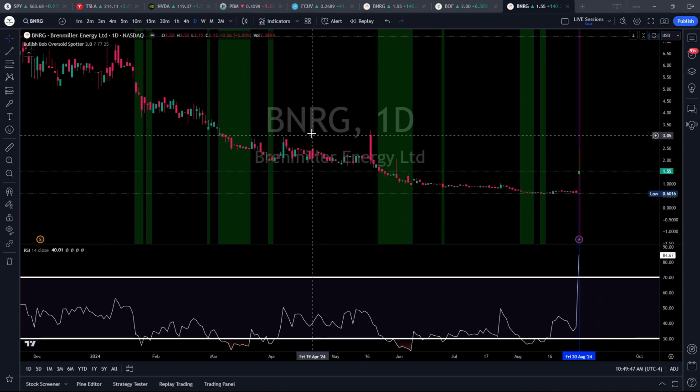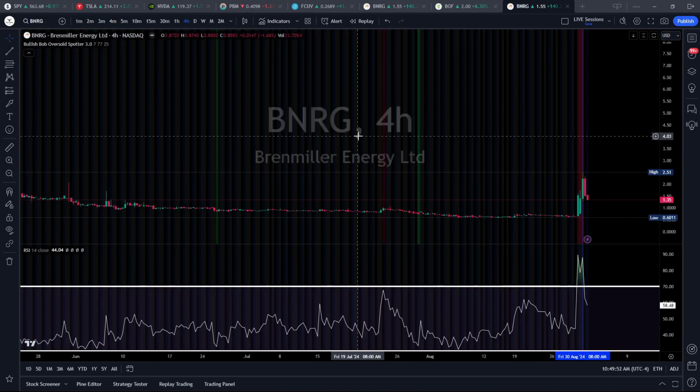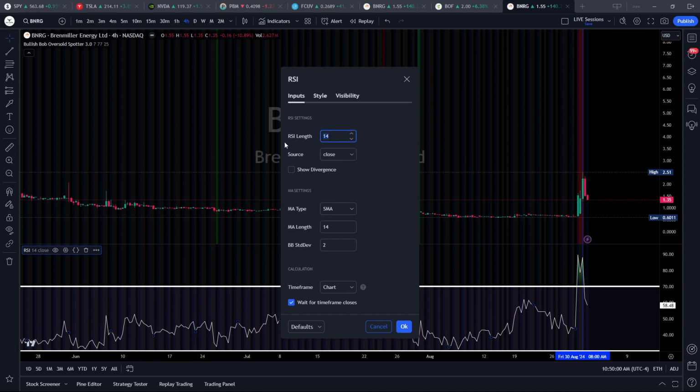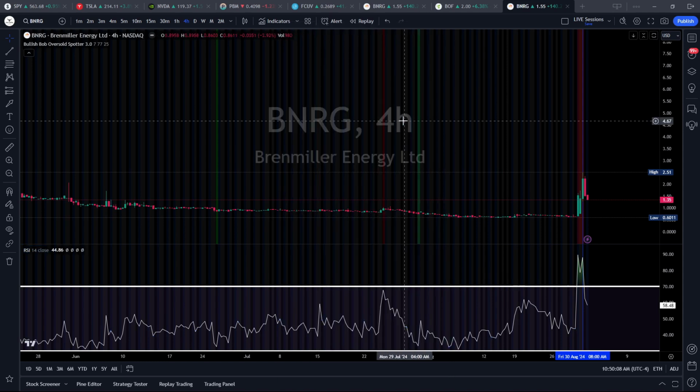Wider time frame is going to show you a different setup here. So maybe it works best on a certain time frame that you find. So experiment with different time frames. Experiment with different settings. You can go into this indicator and change it. Change the length settings. Change the style settings right here, the upper band and the lower band. Change these settings around. Really play with it and see what you like about it, what you dislike about it,